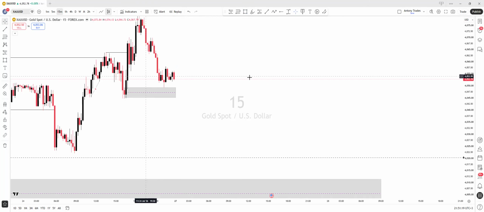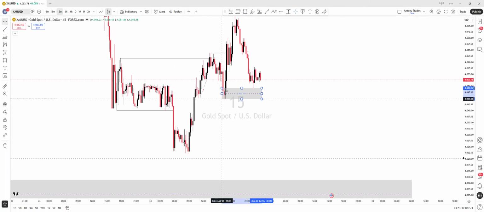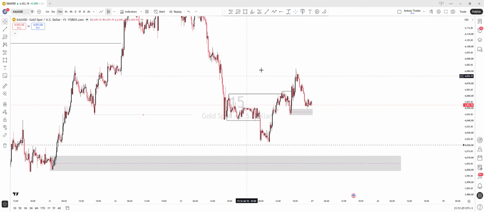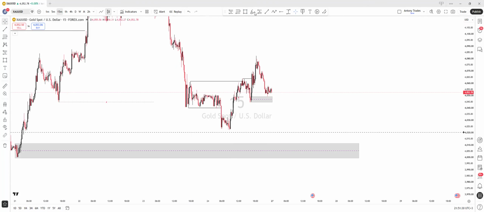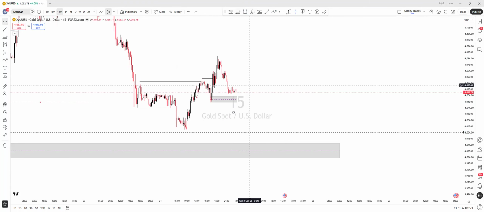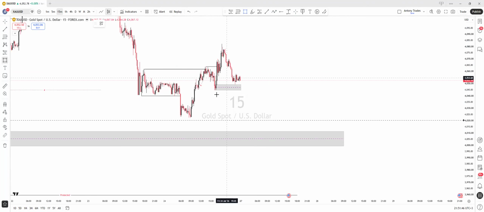All right. Now it depends on how gold will do once the market opens up. So if the gold decides to react from this area, we just follow what the market will be doing. All right. But it will be very good if this gold can really push down, come to tap to this order block, and then gives us that bullish break of structure to the upside or bullish change of character to the upside, and we're looking to take our buys from there. If the gold did not violate this zone,